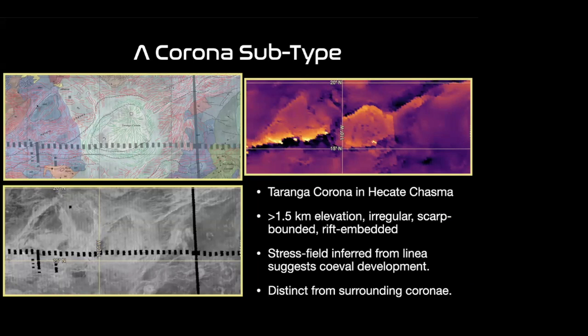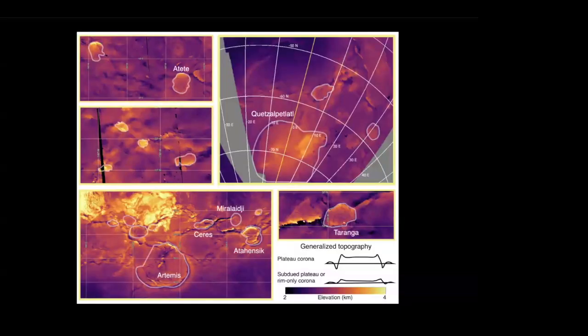And it's also very distinct from the surrounding coronae. So this is the kind of corona that I'm really interested in. There's a whole bunch of these all over the surface, from Artemis to Quetzalcoatl, Atete, Taranga. There's a whole bunch. And they all seem to be embedded within this global rift network. And they all have this fairly generalized, but they all fall into the same category of corona where they're either these large plateaus or these subdued plateaus without that much of a